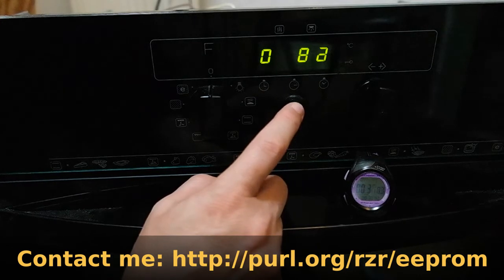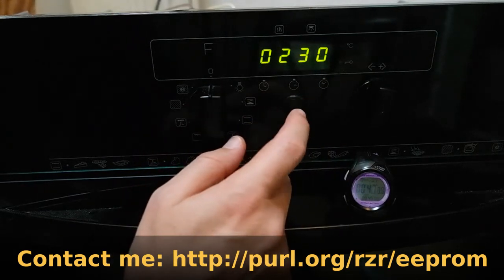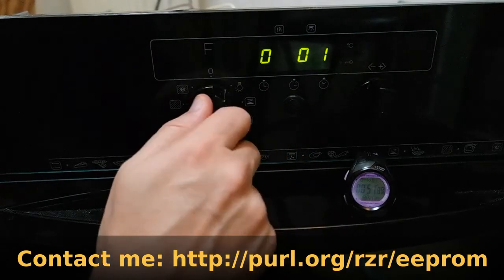I press to enable, and I believe if I press the select button again it will show all the settings of the configuration mode. So let's get back to the beginning. Then if I switch to